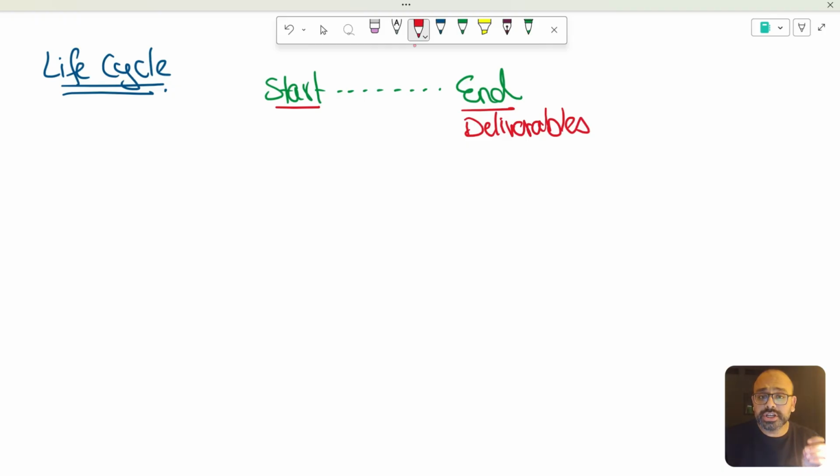A project passes through a series of development stages. This is how they define it. What does that mean? It means from start till end, there will be some development stages that the project passes through. Now, if we name those development stages, we might end up with these names: